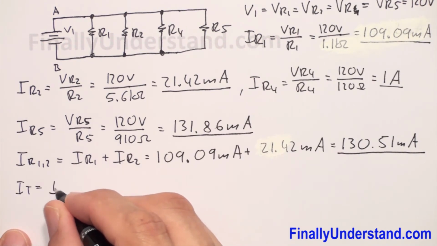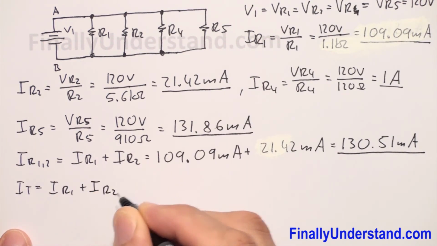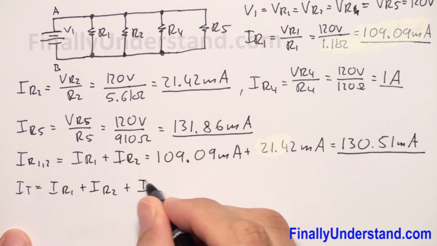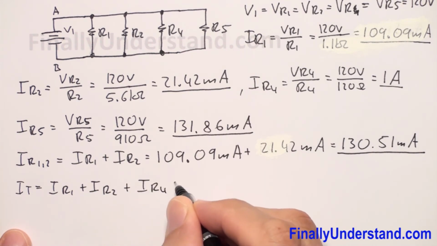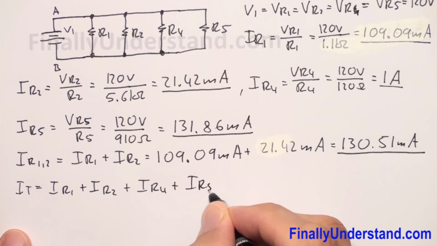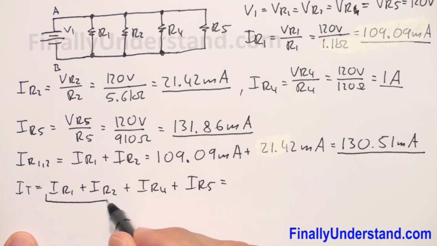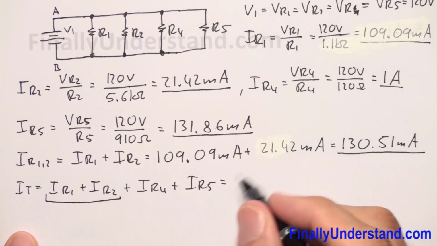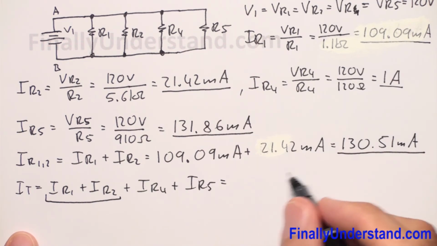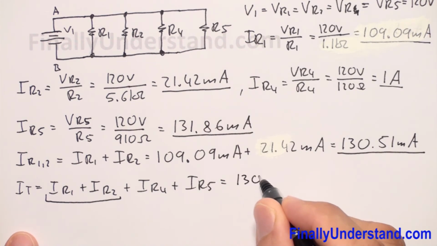So I have IR1 plus IR2 plus IR4 plus IR5. These two currents we added already, so I'm not going to add them again. So this is simply 130.51 milliamps